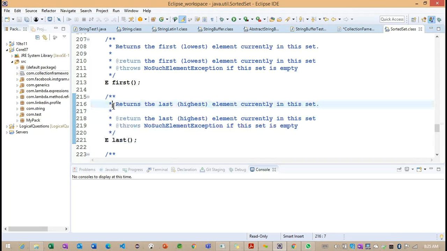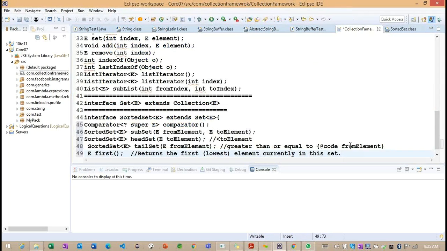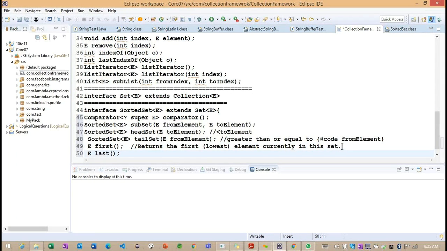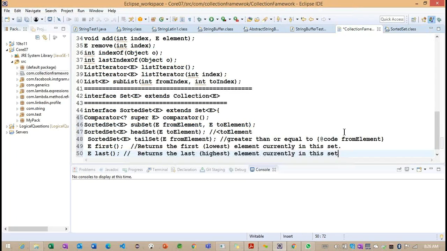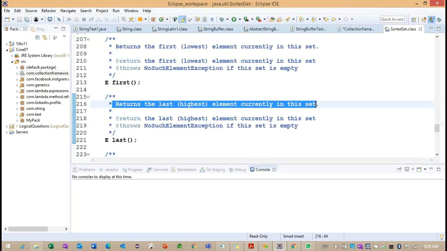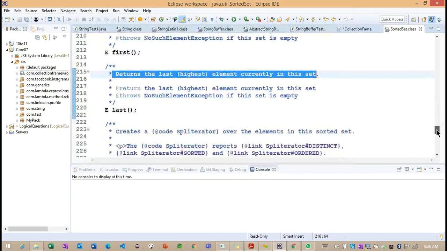Now you can see it returns the last, the highest element in the sorted set here. Getting the point? So we identify the highest element here.